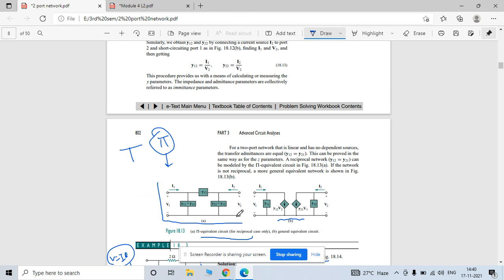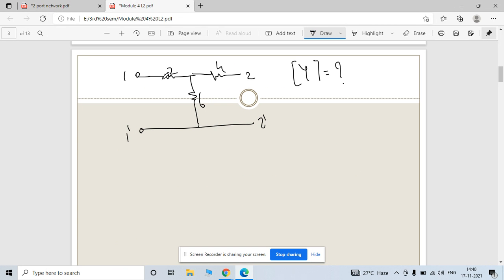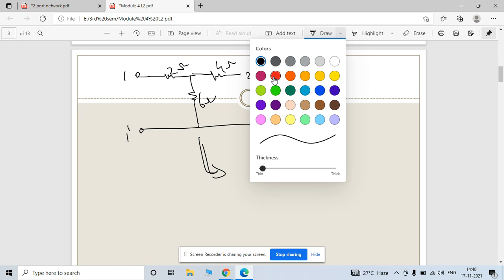Actually this trick is made up by this equivalent network. Once you remember this network, you can easily find out these parameters. Now see, this is an equivalent T network. You can also convert this T network, and this is in resistance, in ohm. You can easily convert this network into the pi by using star-delta combination.